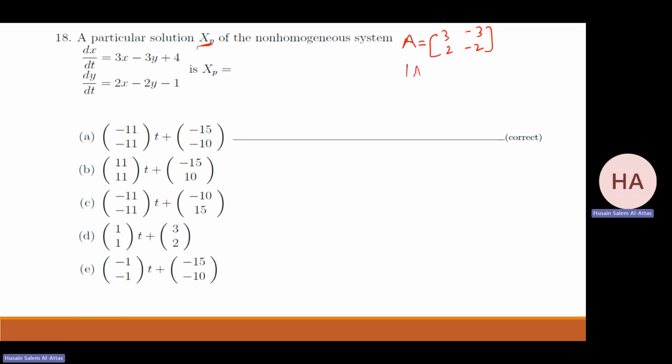Yeah, so I have the absolute value of A minus lambda I. Is it important? I don't think so. A squared will be what? That gives me what? This one, 9 minus 6. It's not important. Okay. Yeah, so I need to go the long way,